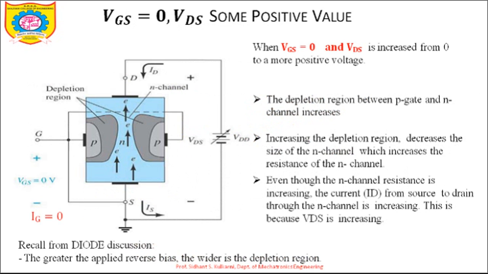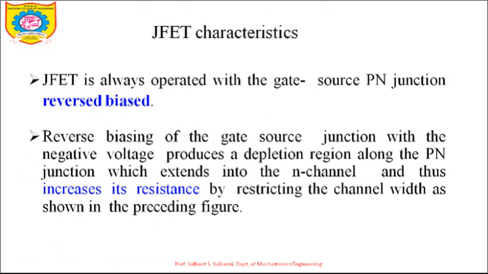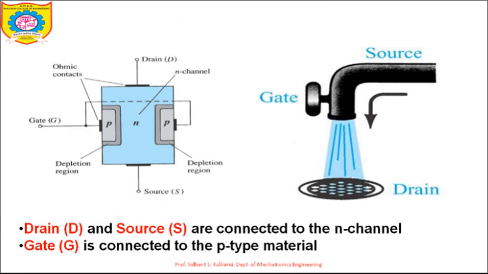See what happens. There are two P regions to which we apply gate to source voltage. Let me explain this in the previous diagram so that you will understand. You know that the gate to source junction is reverse biased. Now gate is connected to P, so I will connect the negative terminal of the battery here and the positive terminal of the battery to the source. What will happen? Because of the reverse biasing, when the PN junction is reverse biased, the depletion region widens. So the depletion region will be something like this at both junctions. Now if I once again increase this reverse bias voltage, the depletion region widens further.